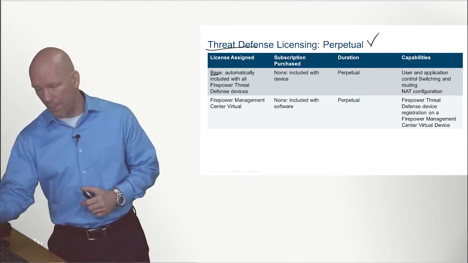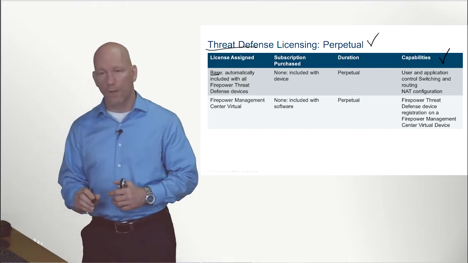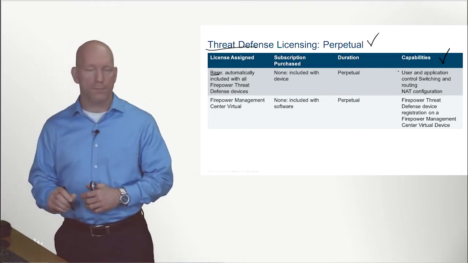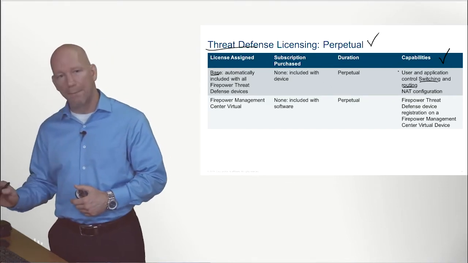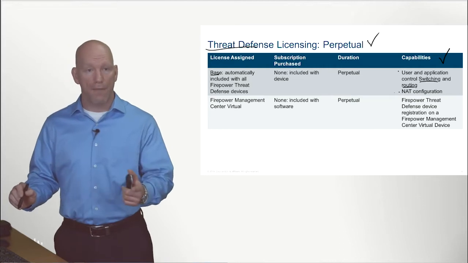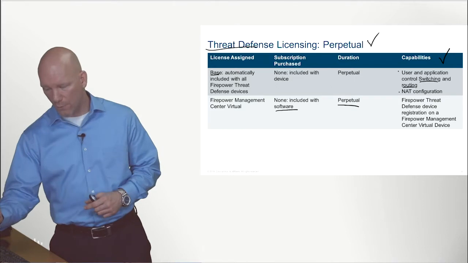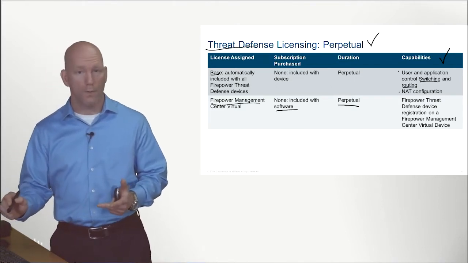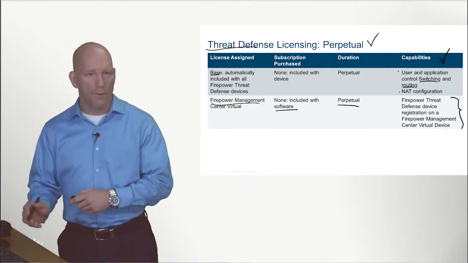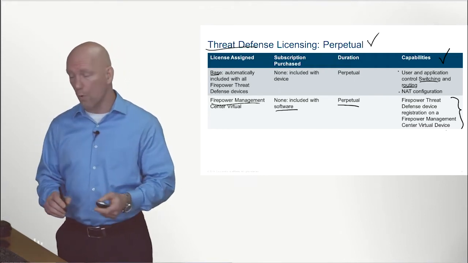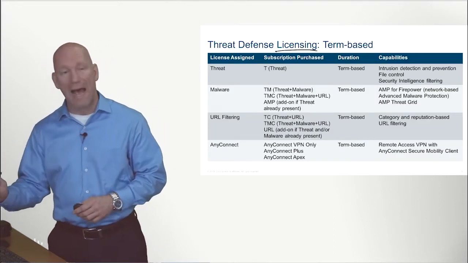Is there going to be a base, which, excuse me for jumping around just a little bit, is going to include user inspection, application inspection, basic switching and routing capabilities, as well as NATing. And then do we want to add on, please note it's included with the software, the Perpetual Firepower Management Center Virtual, which is going to add on these other management capabilities under that perpetual base license? Or do we want to start getting very involved in the other licensed options?